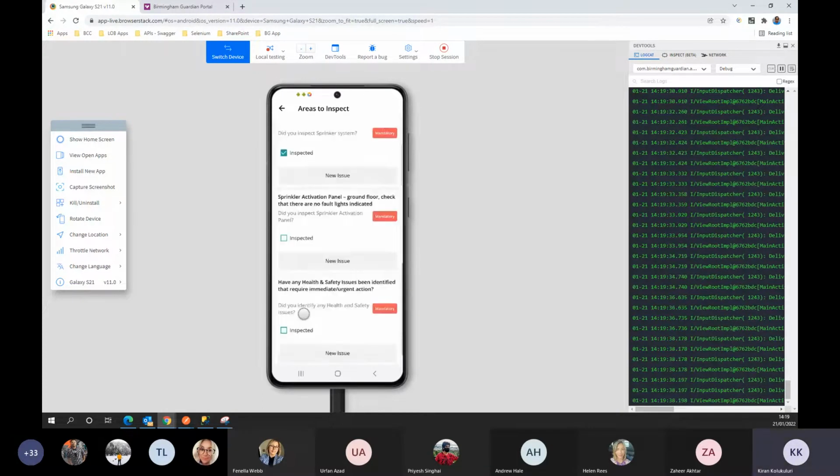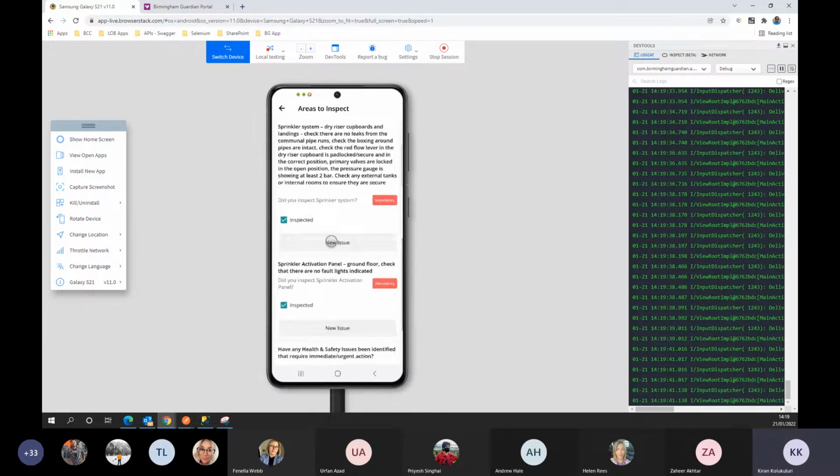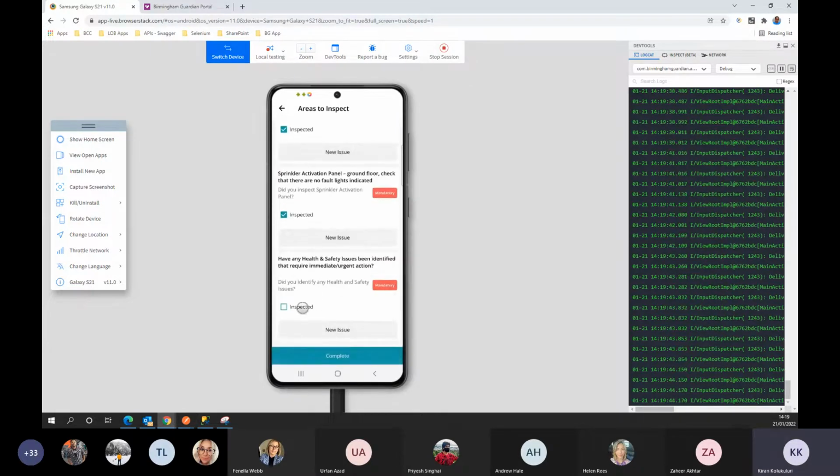I just wanted to finish all of the questions so I can show you that it's all been inspected now. There are no more questions, so I can't scroll down anymore. When there are no other pages within the same daily inspection form, that's when we have the complete button enabled to say that we have completed all the questions within this daily inspection form. So when we tap on complete,